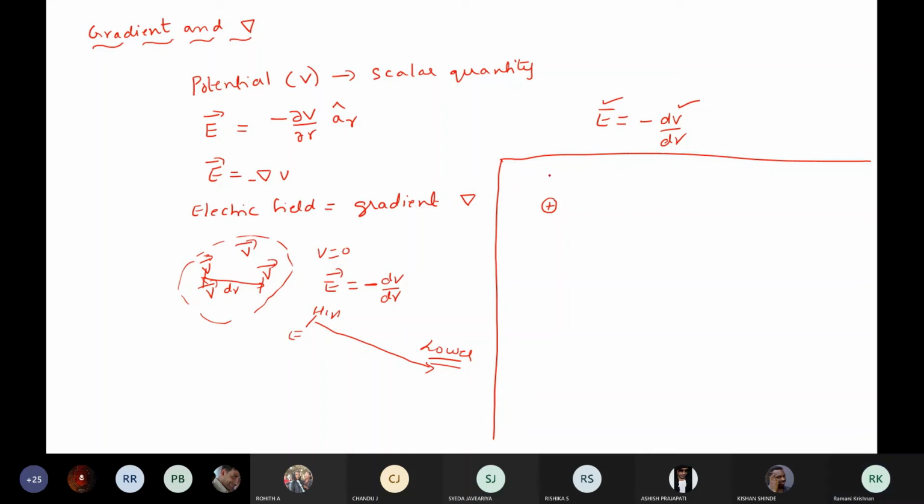If I have a charge, that means there's an electric field. Electric field can be represented by electric lines of force. These electric lines of force will be towards the charge or away from the charge. I'm not drawing the arrow mark. You will tell me how I should draw. I've drawn the electric lines of force because of this charge. Should I draw this arrow mark towards or away from the positive charge?